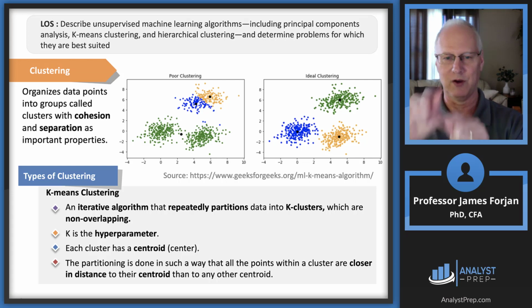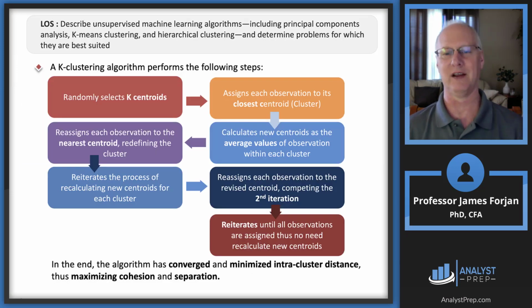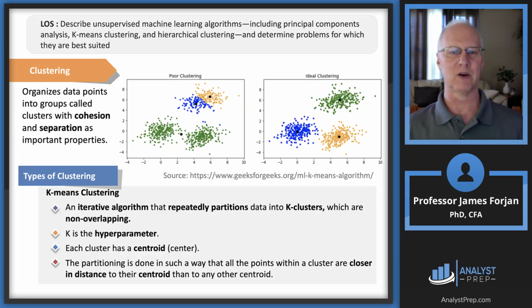And then you do, okay, which one is near? Which one is near? And you go all the way out and you think, okay, that was really, really bad. All right, so we start with each observation as its own cluster, and then we're going to group them into larger non-overlapping clusters, and then in the end they're merged into a single cluster. So you can imagine, here, let me go back here. Let's start with that